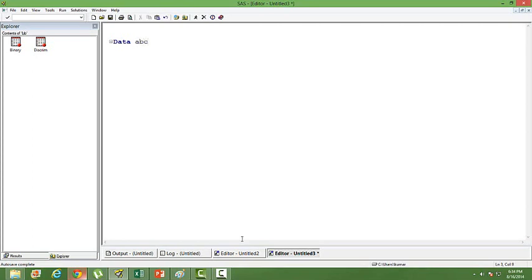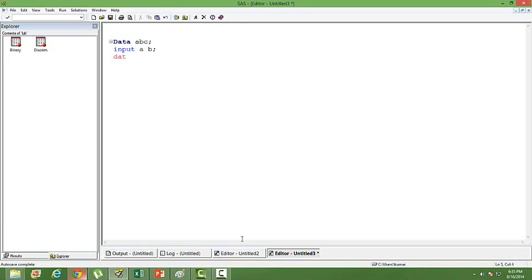I'll start with ABC, something like that. Okay, and then write input A and B. So A and B are going to be the two columns in my data set.